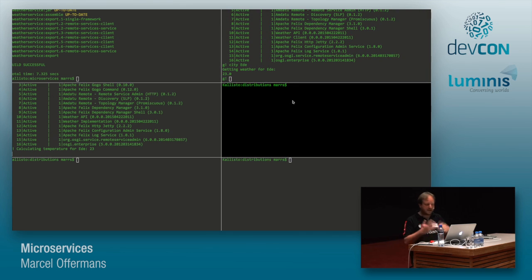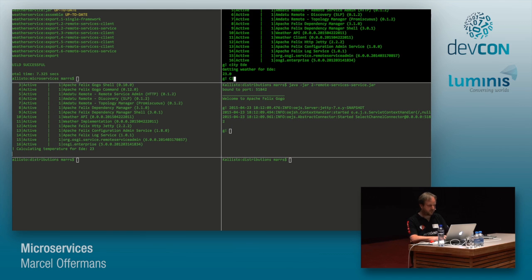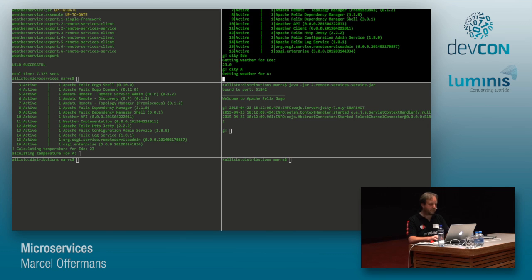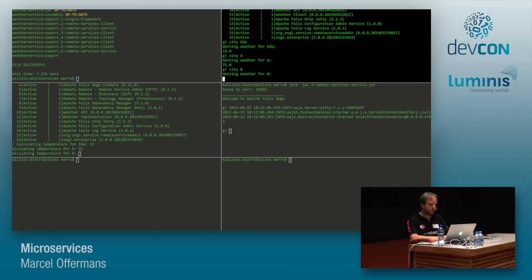So that's a really simple first step. Now let's make our system a little bit more highly available, because I said, well, we could start, for example, multiple backends. Let's do that. Starting a second one. That started as well. I can still ask for, and I'm not that creative in city names, so I'll just go with ABC. That's working. B, okay, that's all working.